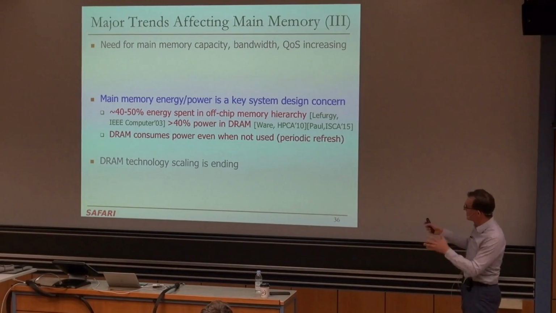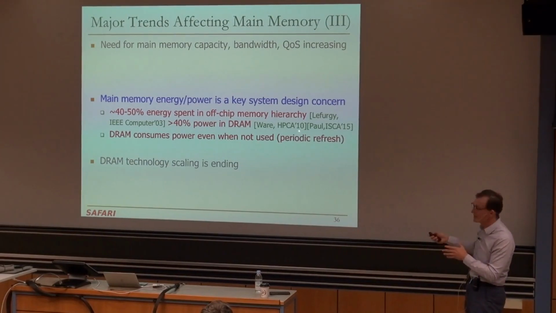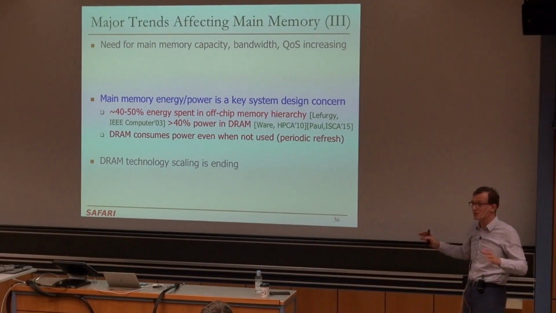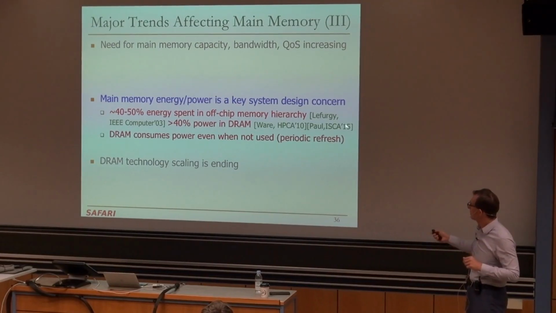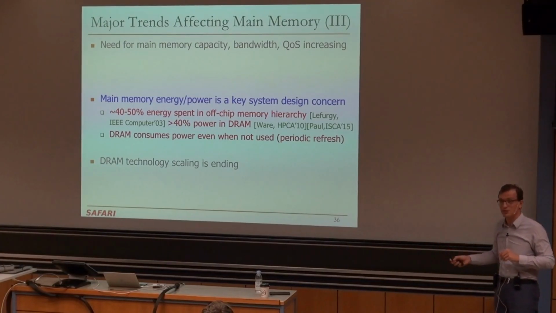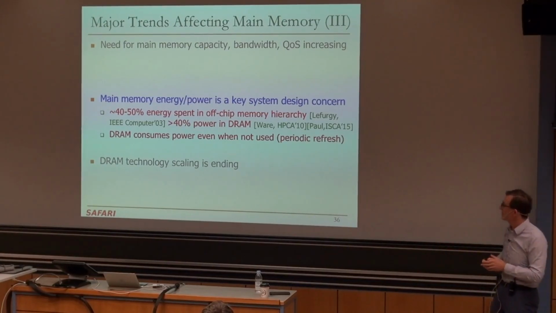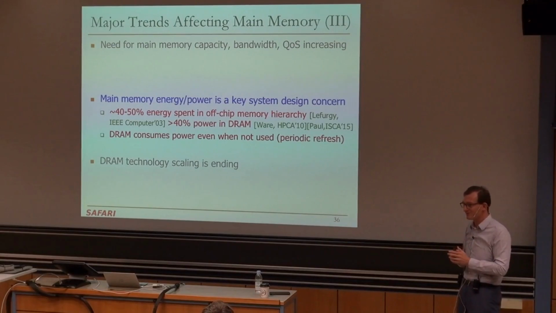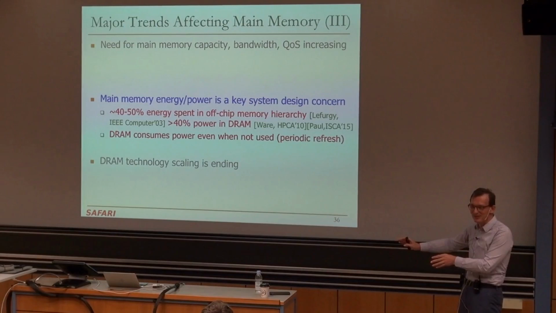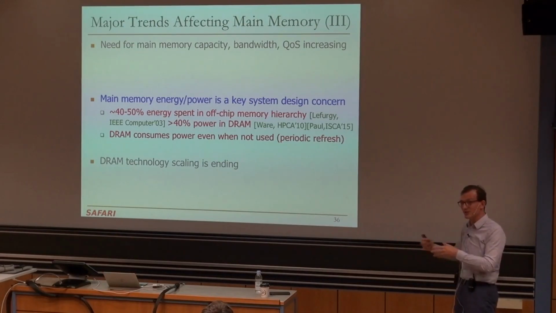Today, well, not exactly today, but IBM Power 8, about 8 years ago, they showed that more than 40% of the entire system power is just in DRAM. Another paper that analyzes GPU power consumption shows that more than 40% of the system power is in DRAM. So a lot of things came on chip. DRAM has remained off chip, and most of the power is going there right now.